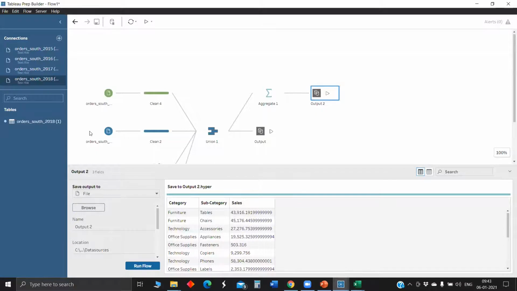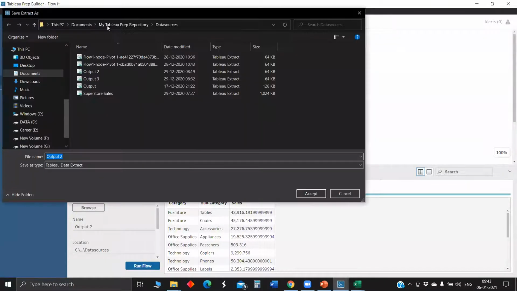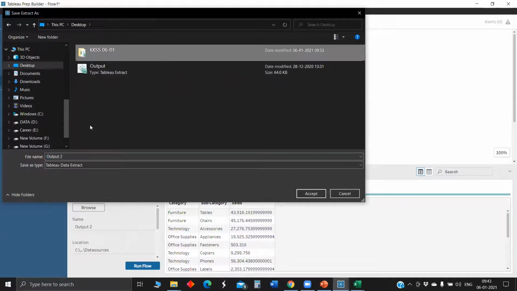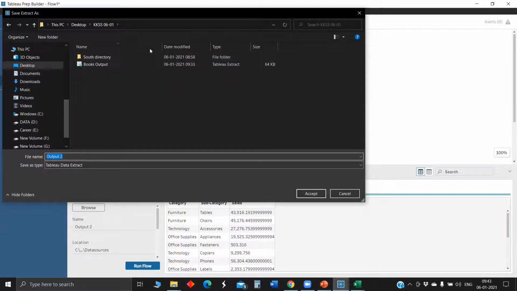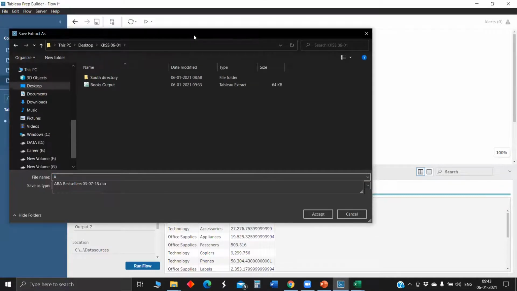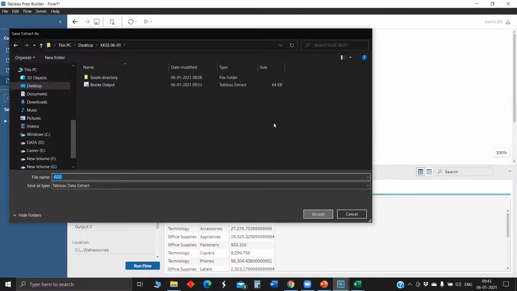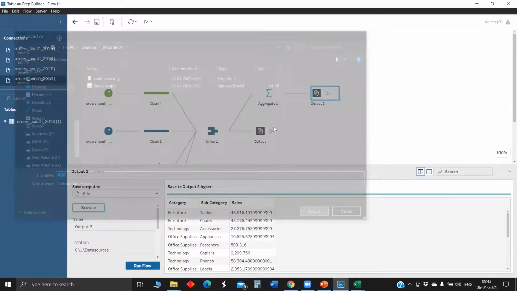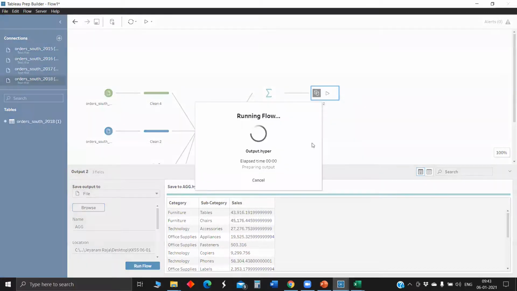And you can browse if you would like to. By default, the output will be generated in the My Tableau Prep Repository folder. You can name the outputs as you wish, maybe this is the aggregated output, and once you run the flow, it will generate.